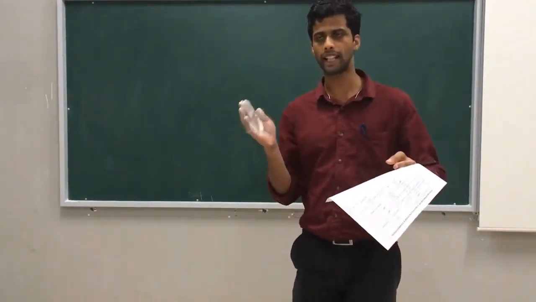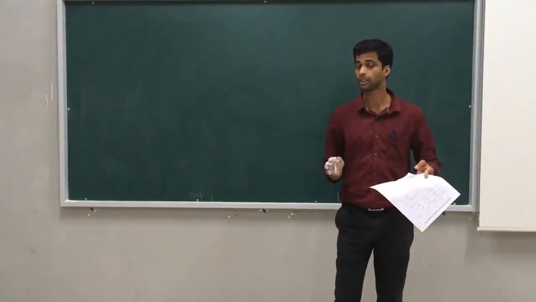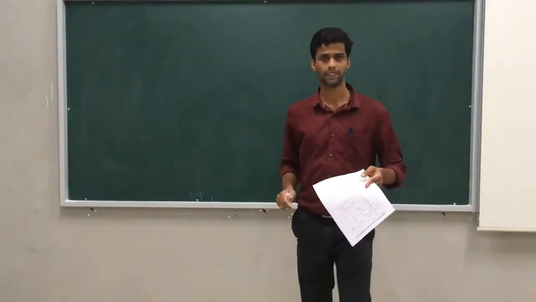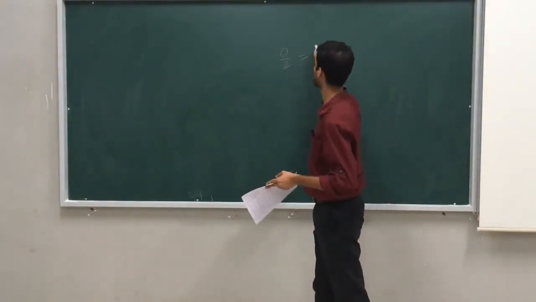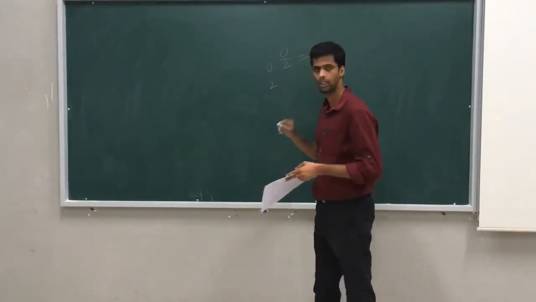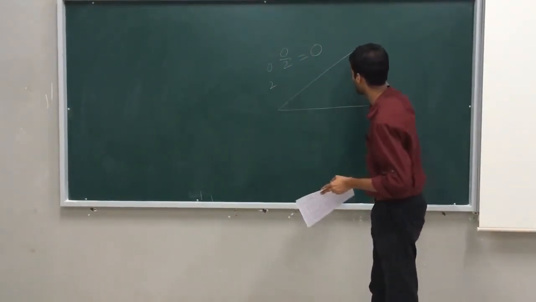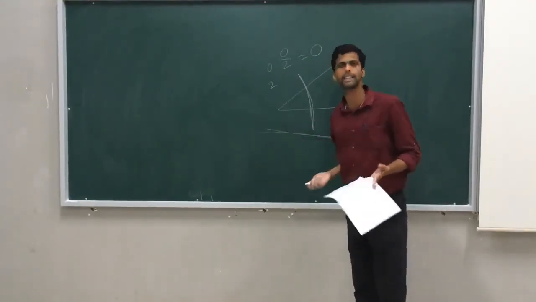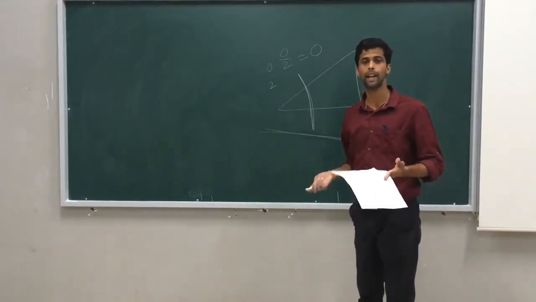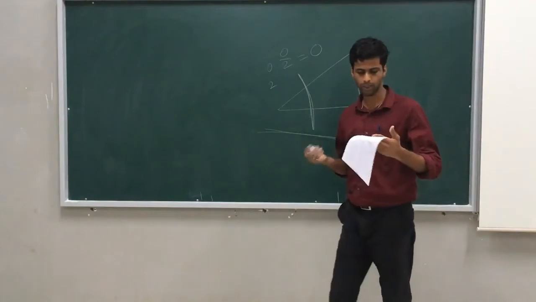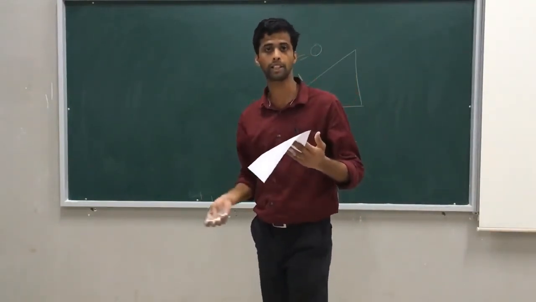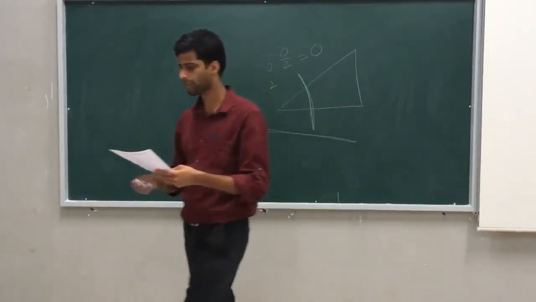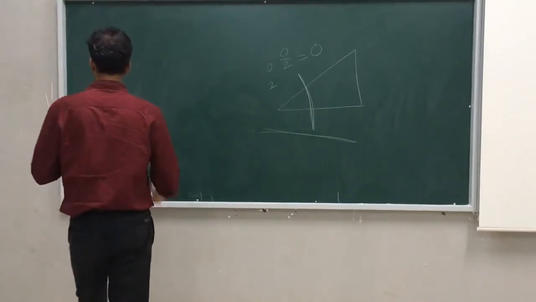Amplitude of 0 means, is there any angle with 0? Why am I saying that 0 is not the right option? Because 0 by 2 is also 0. Yes or no? 0 by 2 is 0, which means it has two values, 0 and 2. 0 is nothing. If I say this, it means there is some gap and there is some value. 0 means it is a straight line, nothing. So how can you get any values? Therefore, the amplitude of 0 is neither 0 nor pi by 2 nor minus pi by 2. So option D is the right answer. It is none of this. Now, we'll move on to the next question.